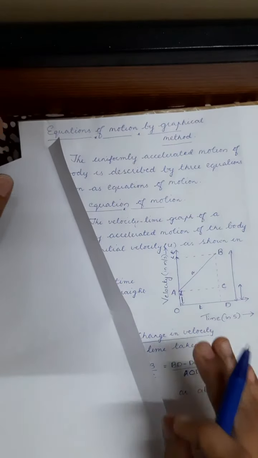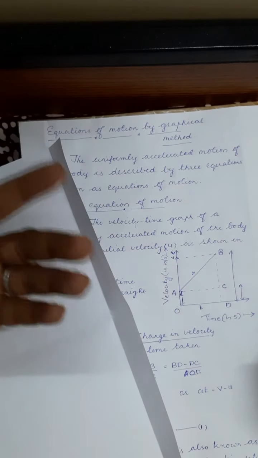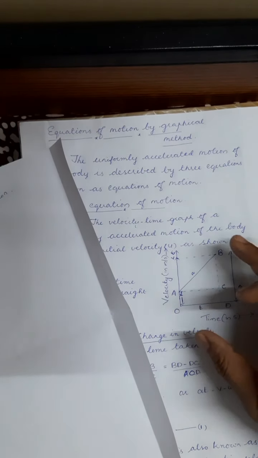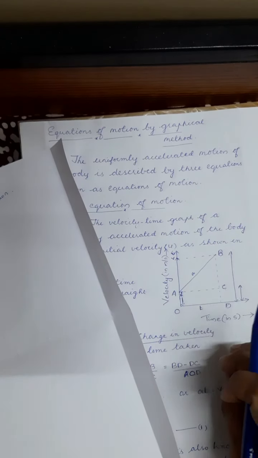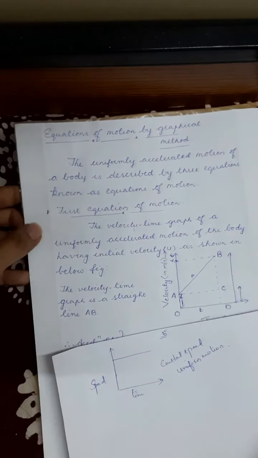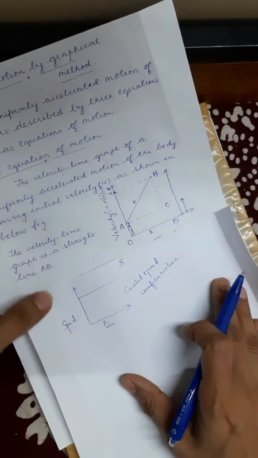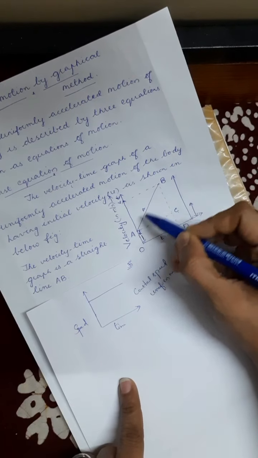So we know the change in velocity from the graph. See here, the question will come based on the graph. You need to derive this equation based on the graph only. So compulsorily you need to draw the graph first and explain the graph a little, and only then start deriving the equation. Okay, now this is our graph, right? Based on this graph only we have to explain. From the velocity time graph we are getting a straight line.